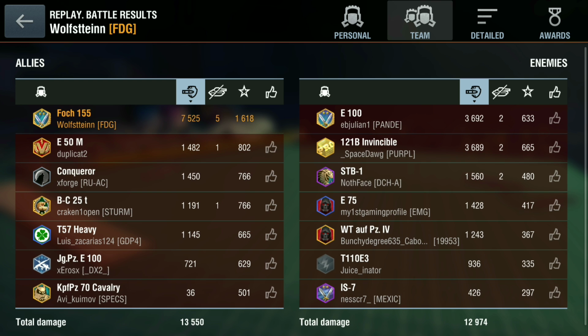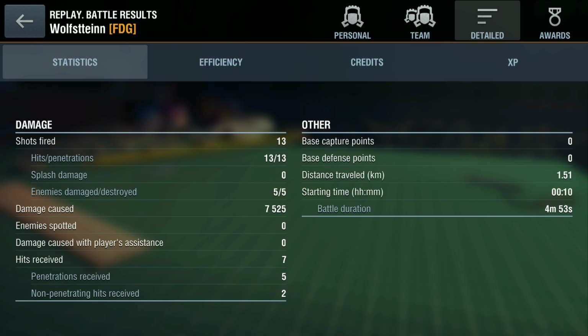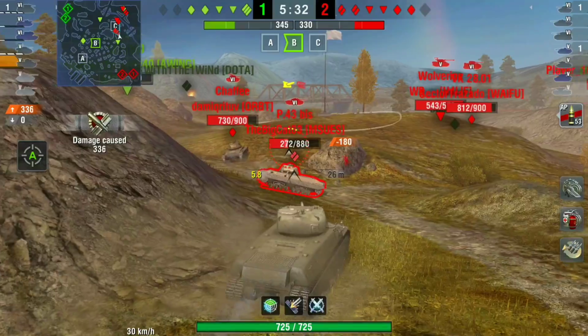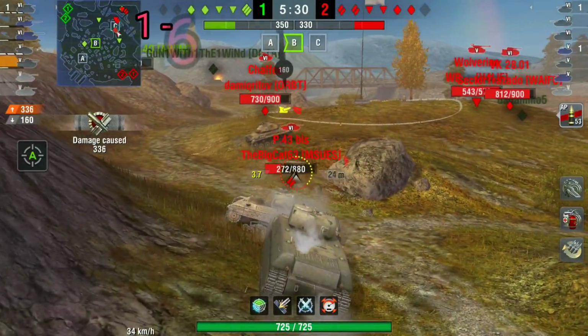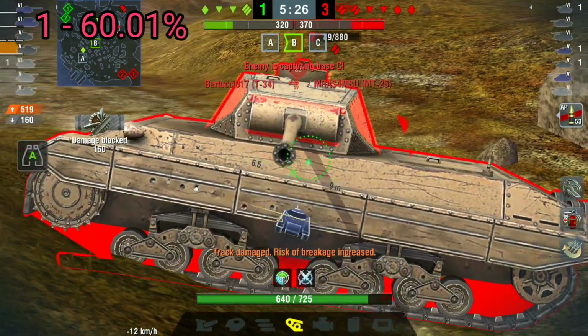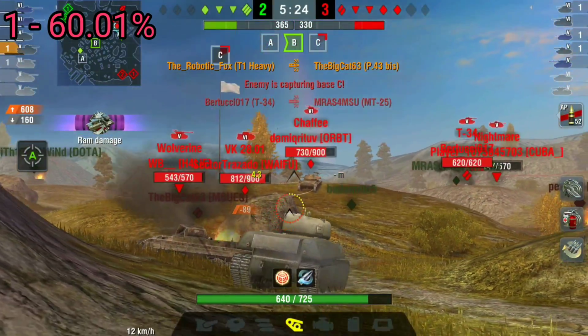It's probably the most OP replay tank that I've shown on channel, over 8,000 damage quite often. But so that is number 2. Coming in at number 1, can you guess? It is the T1 Heavy, the only tank in the entire list that is above an average of 60%. It is